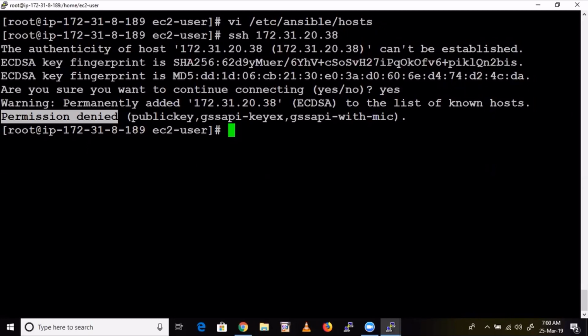By default, you cannot SSH into any of these Linux machines. For that, we need to do some modifications. Because later on, we are going to push a lot of code, right, through SSH only. Now here itself, it is showing an error, right? Then how can we push that code? Understood? So we need to establish that SSH connection.